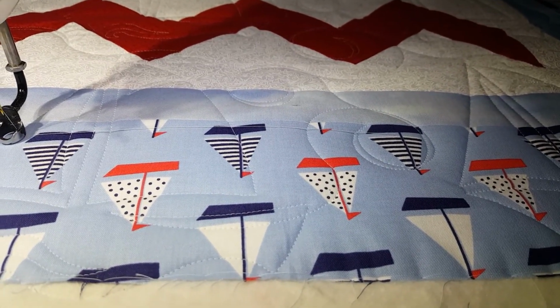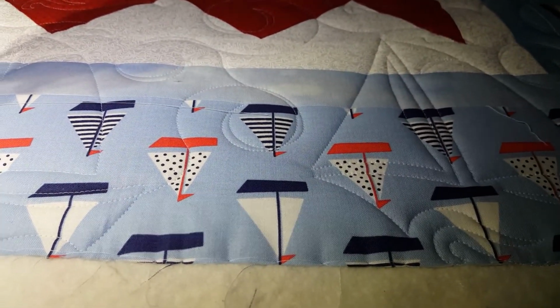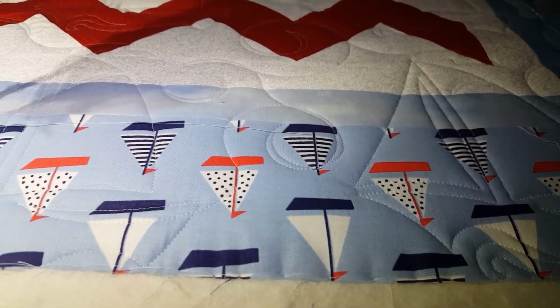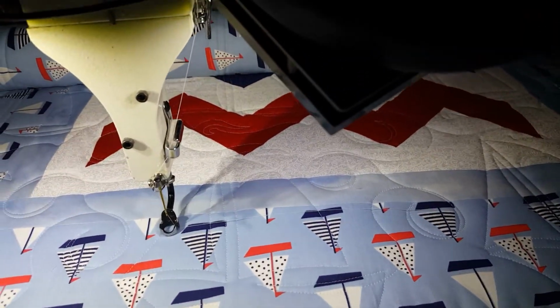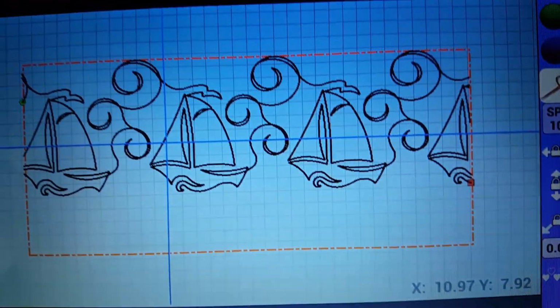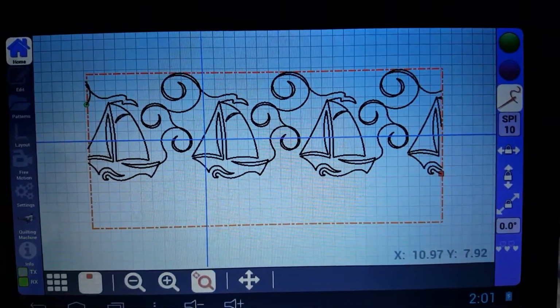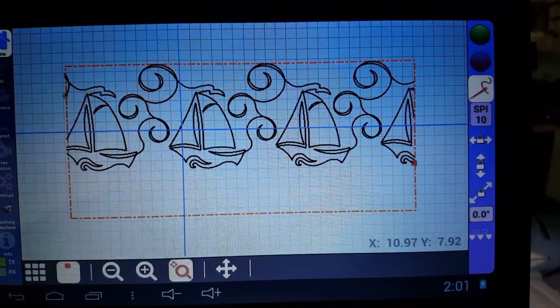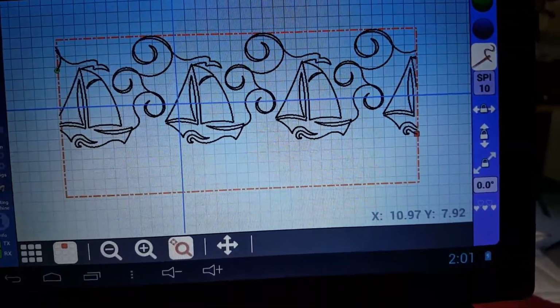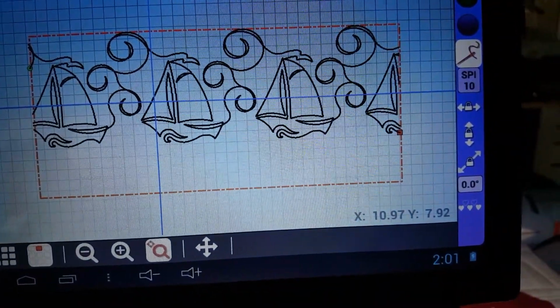Okay, we just finished the bottom of this quilt, but it does have some empty areas that need to be filled in. So on the screen, we're up in home. We just finished this out, so before we can really go into layout and give it its new quilt area,